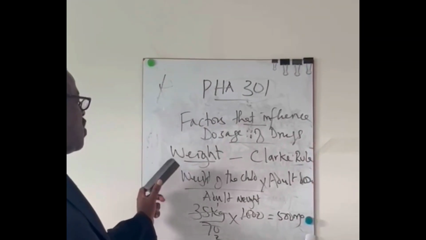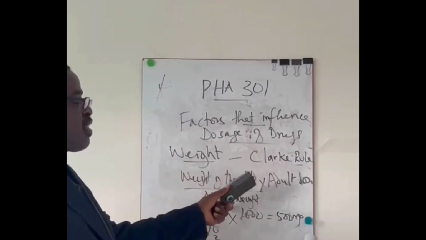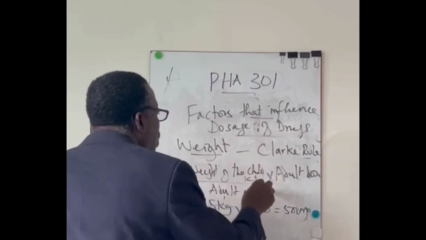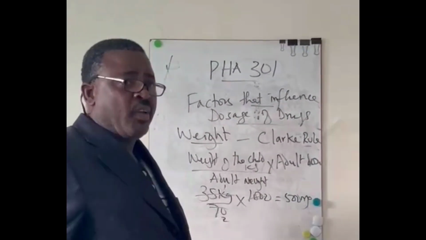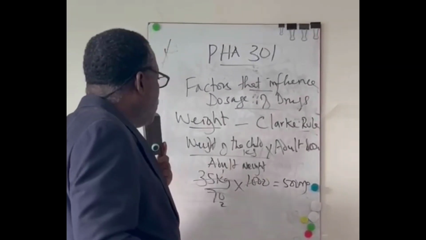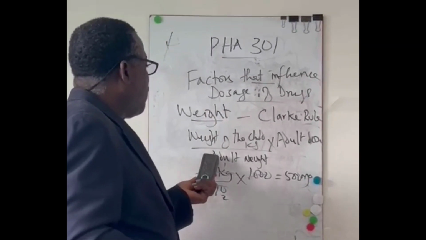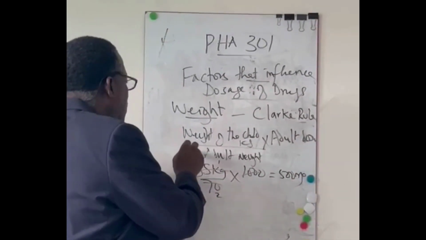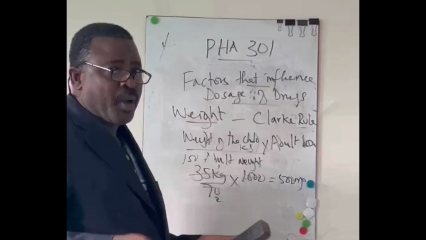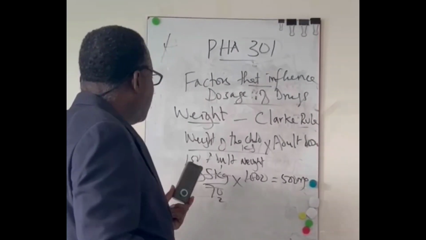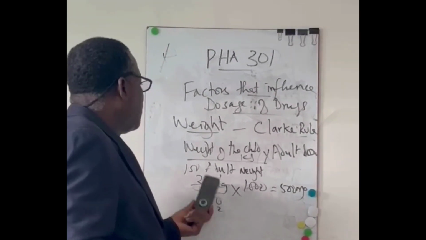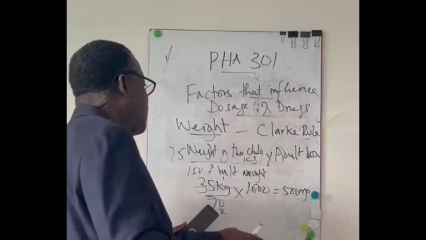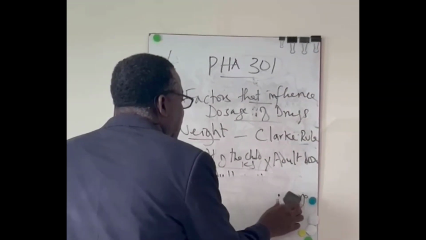Weight of the child over adult weight times adult dose. You can say weight of the child also in kg or in pounds, depending on what you are given. But mind you, if you are doing that, make sure that instead of saying 70 here, you say over 150 if it is in pounds. So the child that weighs 5 kg may be 75 pounds. So do the same thing like you do in the area of